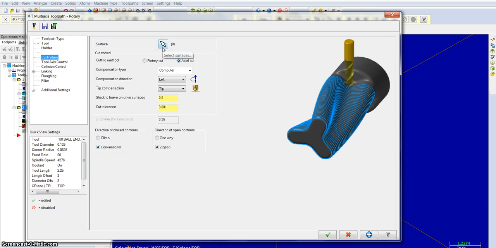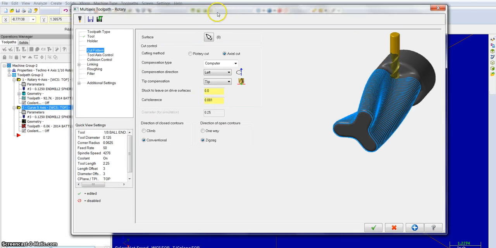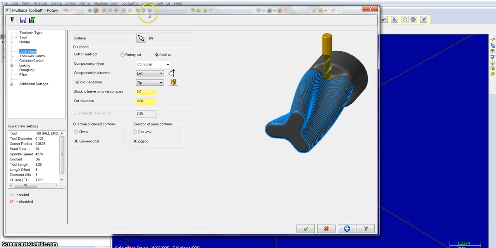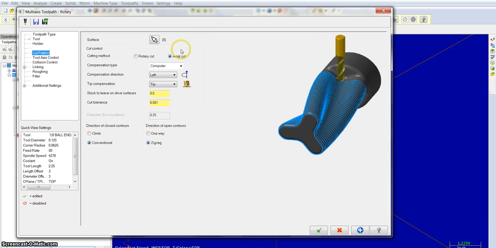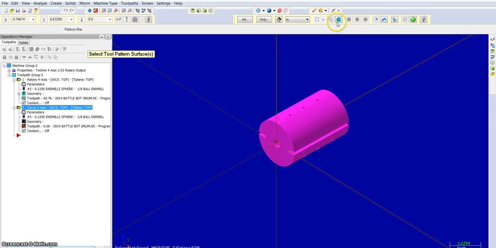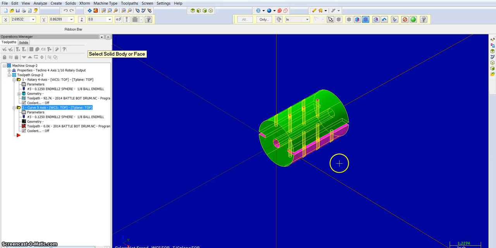Okay. Once we're in cut pattern, unlike other toolpath operations in MasterCam, normally it comes up with a window to automatically select your surfaces or your chaining. Here within the operation we're going to select the surface. So we're going to click this arrow for surface. I'm going to come up here to active solid selection, pick that. I want to make sure that my entire body or select body is active. I'm going to click on the object, and then that whole thing is selected rather than having to select individual faces. I'm going to click the green button for end selection,